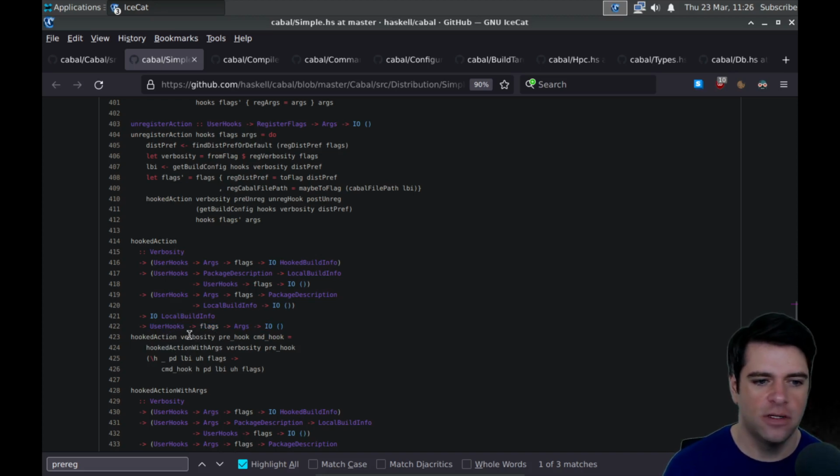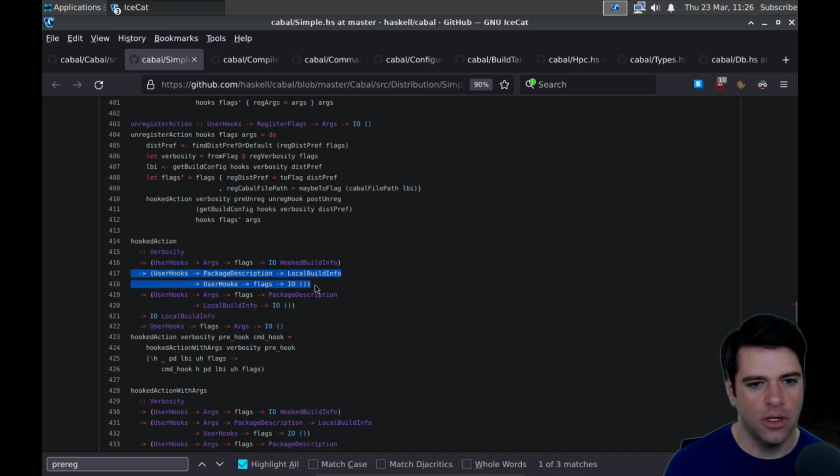So hooked action, here's the definition. Verbosity, prehook, command hook. Okay, so that's consuming 3 arguments. This is the verbosity. Here's the prehook. The prehook is going to return hook build info.